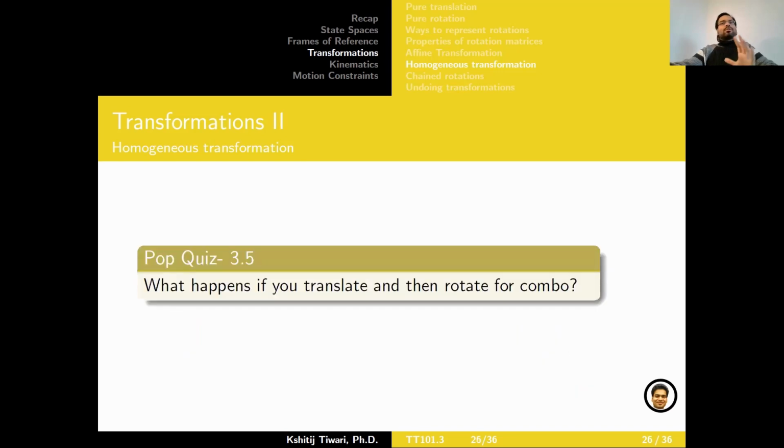And when we talked about combination, we wanted to be clear that we do rotations first and then translations thereafter. Although this is not set in stone, what happens if you do translation first and then rotation thereafter? There might be some challenges because of which we don't do it, but it's not that it's not possible. So think about this and comment down below what you think is the reason for doing rotation first and translation